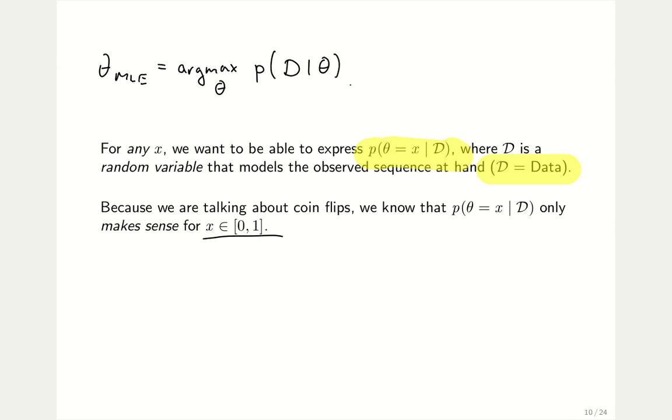So that is the likelihood. The likelihood is the probability of the data given the parameter, and we were maximizing this with respect to theta. And now what we're interested in is the probability